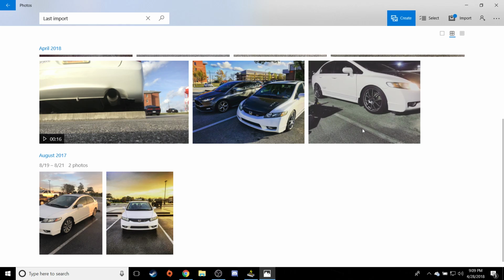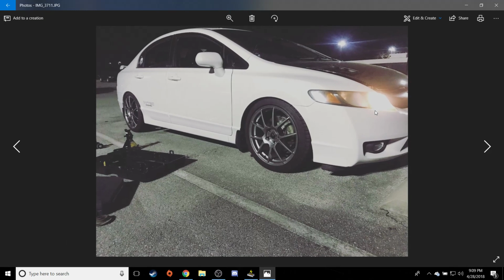So here goes nothing. On the car right now, I got a carbon fiber hood. I got Enkei rims, Power Stop drilled and slotted rotors with carbon ceramic brake pads. Under the hood,